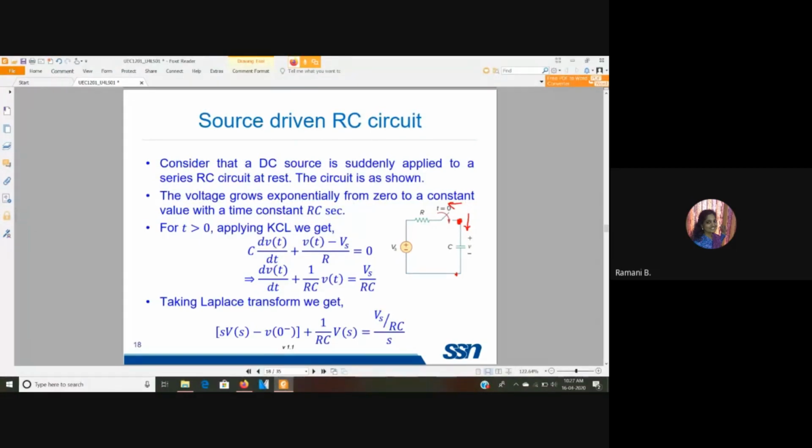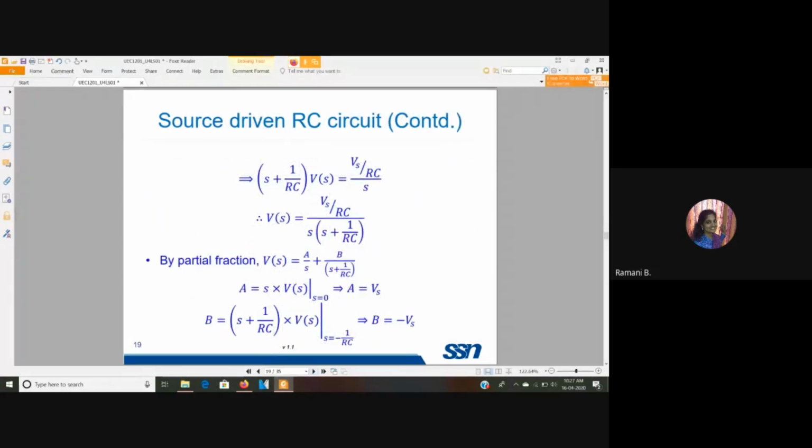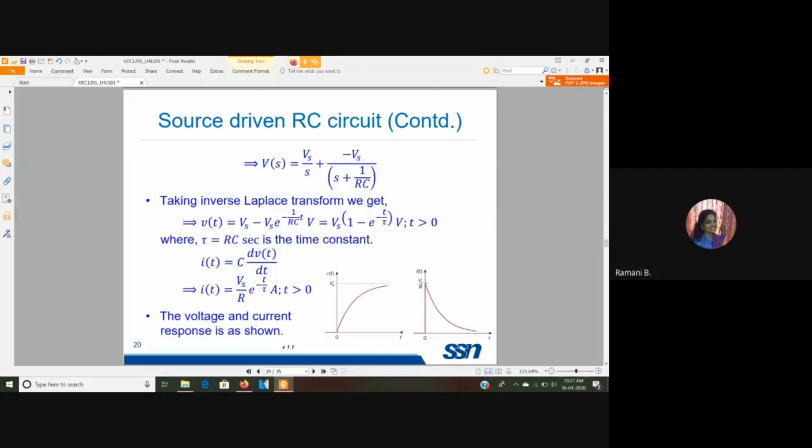Now here the circuit is at rest, so the initial value V(0-) will be equal to 0. So simplifying this equation, we get V(s) is equal to (Vs/RC) divided by s into (s plus 1/RC). So again taking partial fractions and finding the values of A and B, we will have V(s) equal to Vs/s minus Vs/(s plus 1/RC). So simplifying, we have V(t) equal to Vs into (1 minus e power minus t/tau)